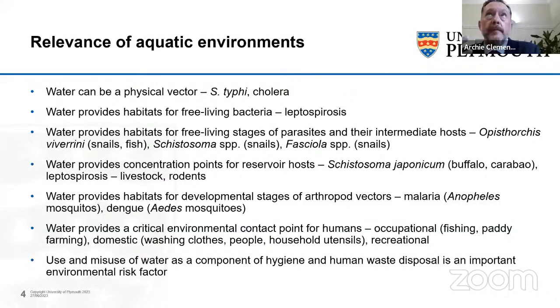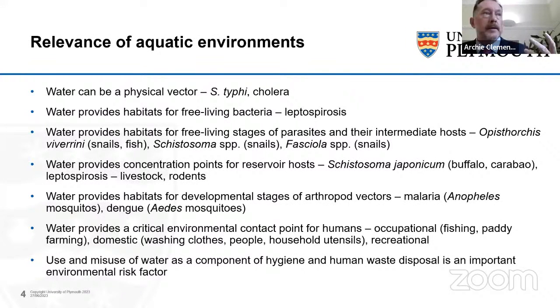If we think about soil transmitted helminths throughout the tropical regions of the world, we need water in order to have reticulated water that can lead to the development of functioning latrine systems that are essential for sewage disposal. Because if we don't have that, then people defecate in the open, and that can result in the transmission of soil transmitted helminths. And then in terms of the misuse, people defecating in water is a major cause of the transmission of infectious disease.